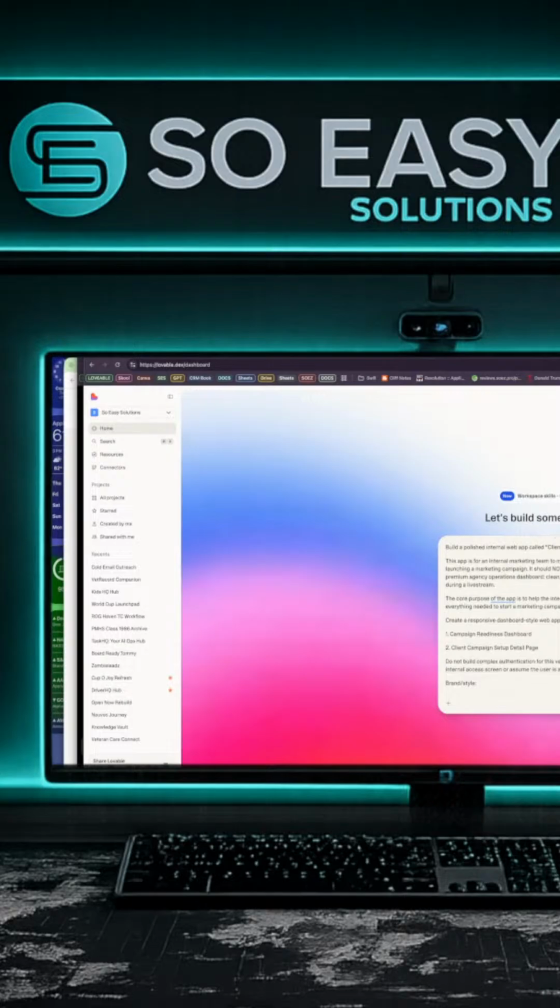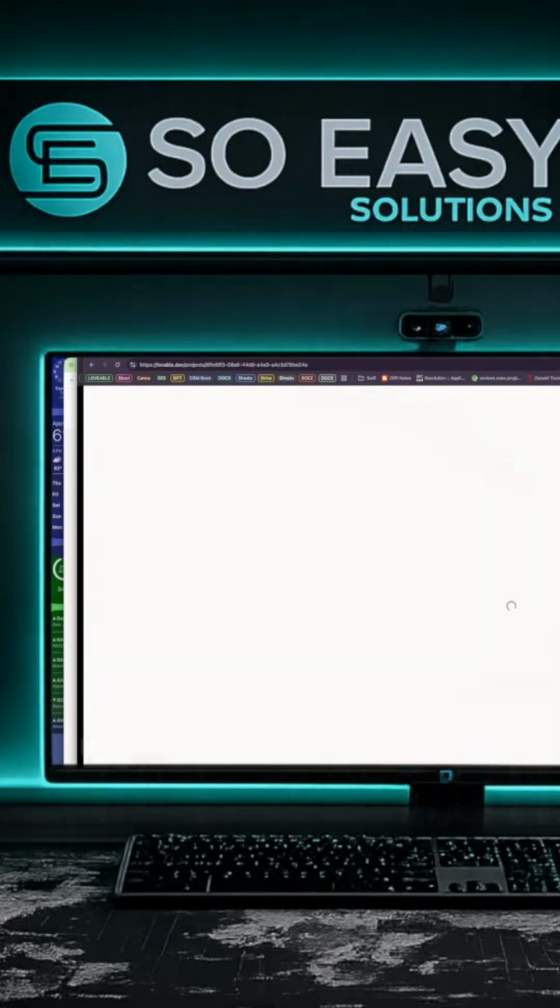Let's go. We're going to call it Client Ready HQ. And now we're going to put it into plan mode. And here's why you put it into plan mode. Lovable is going to take the plan that we just gave it, and it's going to figure out how to do it. It's going to have some follow-up questions. It probably will. But we will see where that goes.